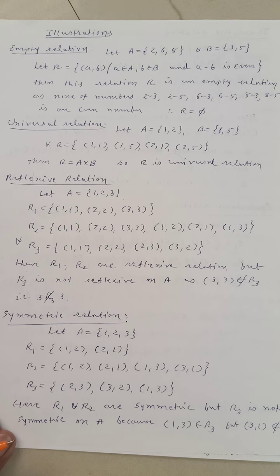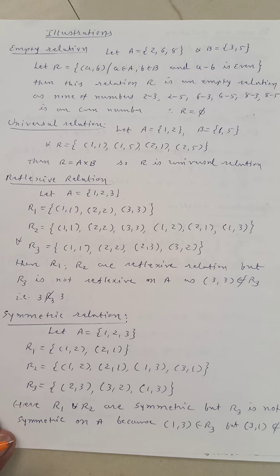What about R2? Now check again in R2. We see in R2, I think, 6 members. You have to check for reflexive only what? Whether the ordered pair (A, A) is present in R2 or not, for every A belonging to A. So we see yes, (1, 1) is there, (2, 2) is there, (3, 3) is there. No problem whether other members are there or not, no question for that. Yes, they are. So definitely R2 is also reflexive.